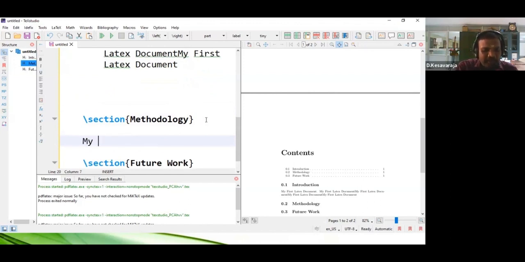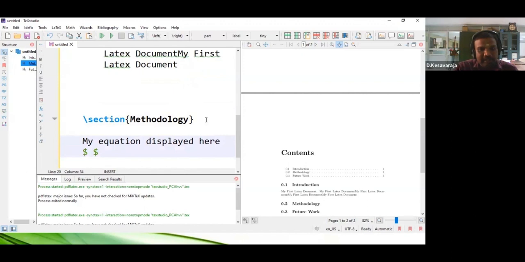My equation is displayed here. I will type dollar, ends with dollar. Inside that, I will type my equation. Please listen carefully. My equation was y equal to